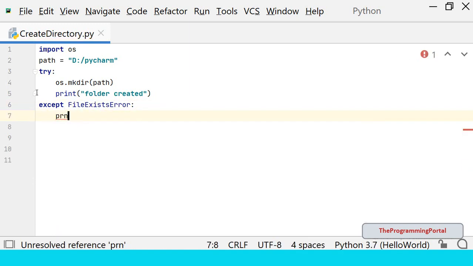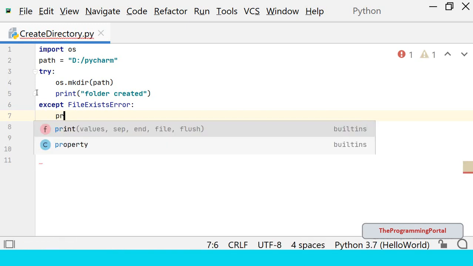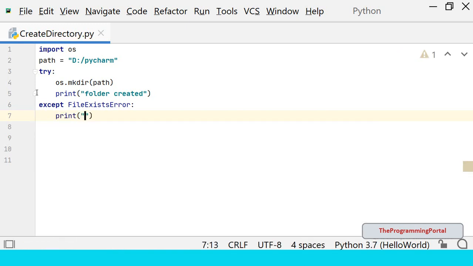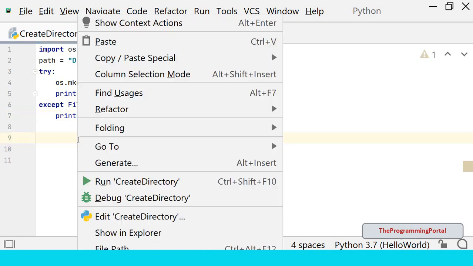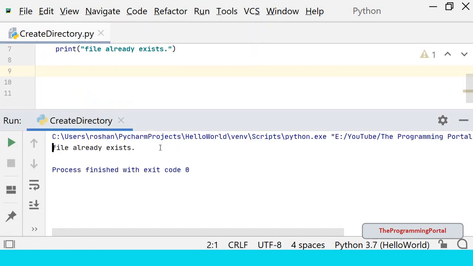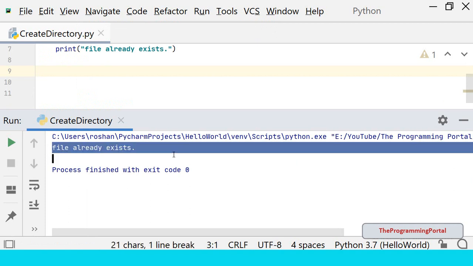We can print some message also. File already exists. So let me try to rerun this. Now I was able to handle the error.